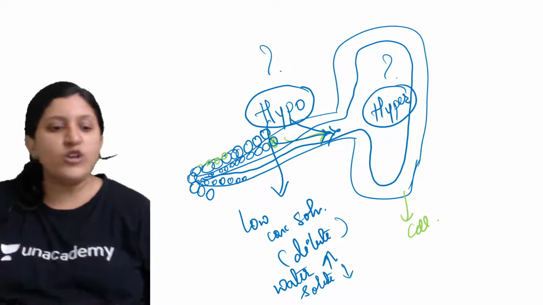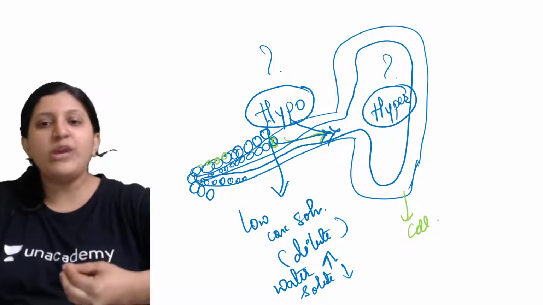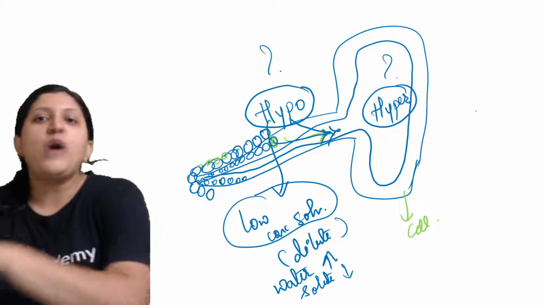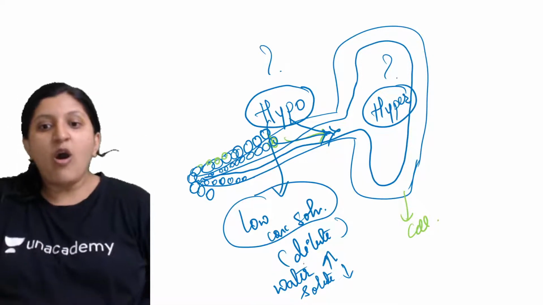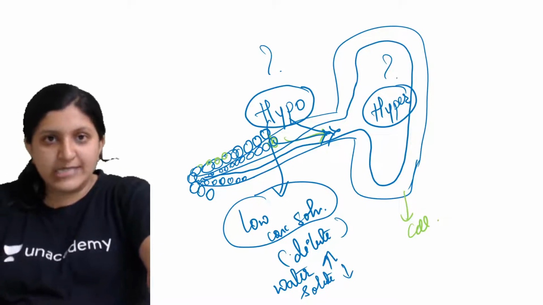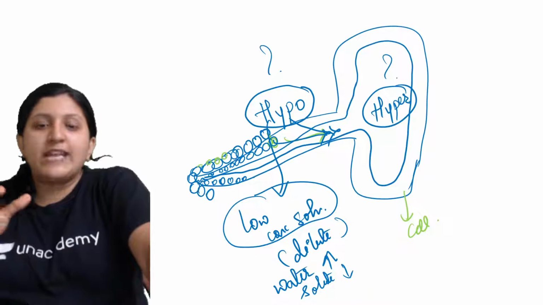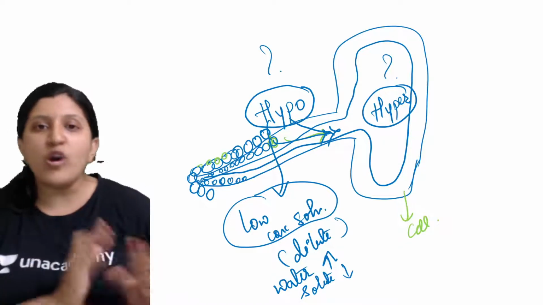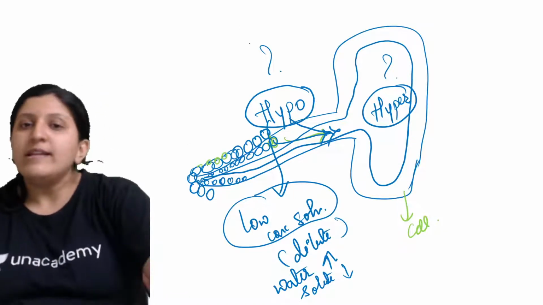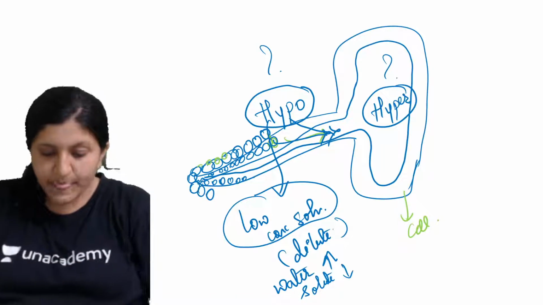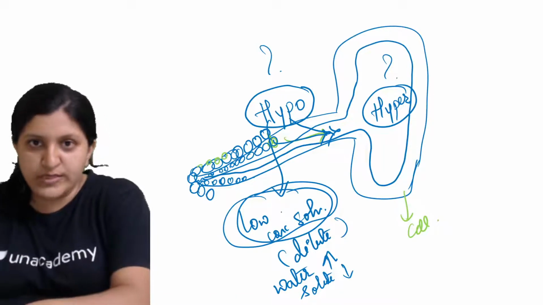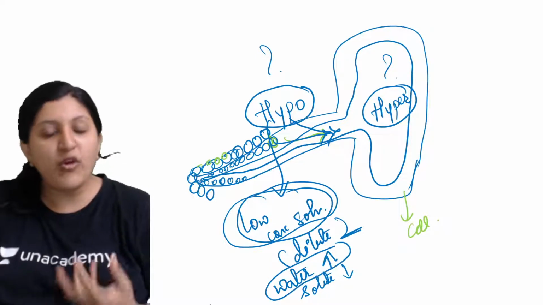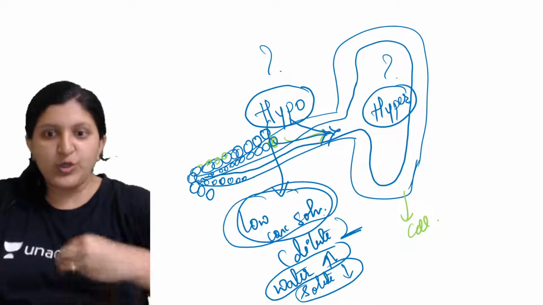I have seen a lot of students who always get confused between hypo and hyper. So in that case, we use the terms low concentrated solution to high concentrated solution. The Selena definition says water movement is from the region of higher concentration to the region of lower concentration across a semi-permeable membrane. This is the definition given for osmosis. Low concentrated solution is the same as a dilute solution. What exactly is a dilute solution? That means you can find more water and less amount of solute. So you can write it this way.